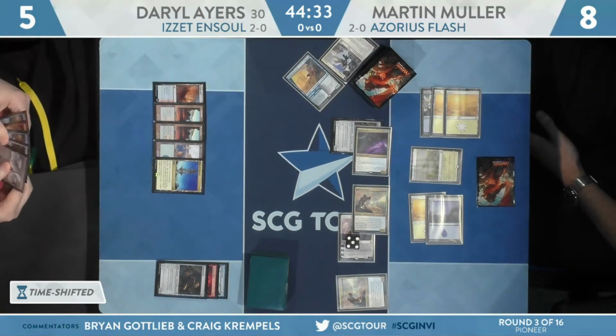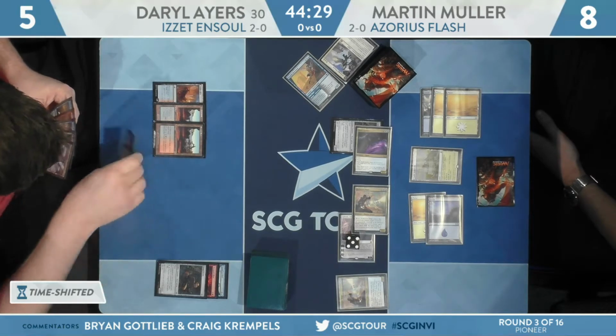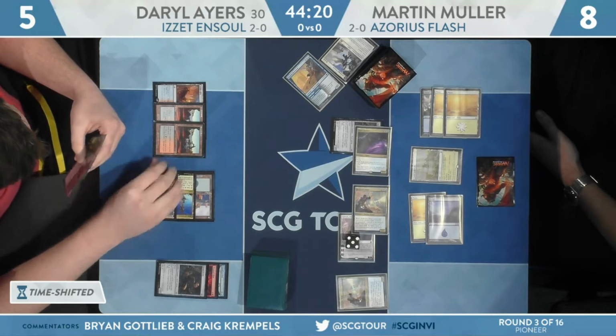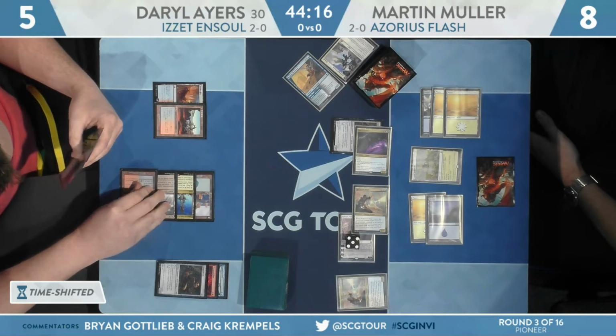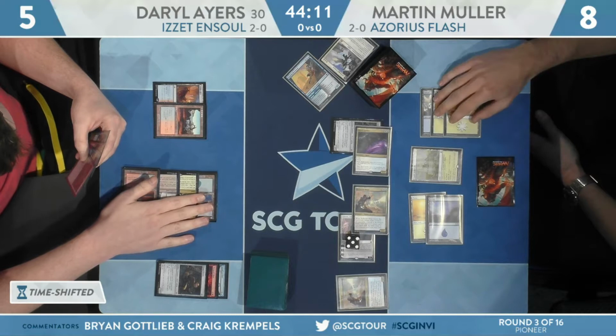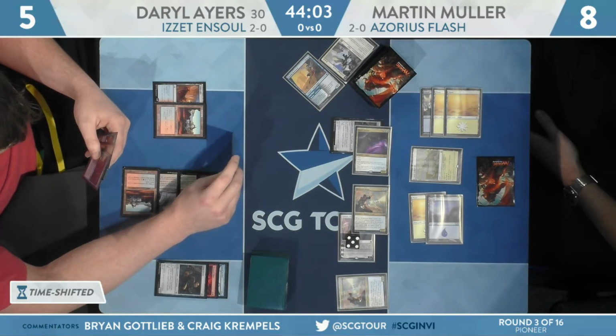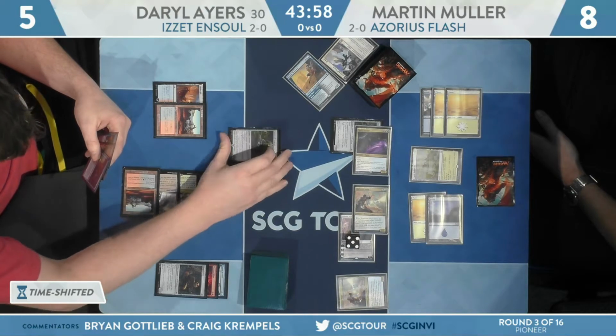And again, I was a little surprised Daryl left the Gideon on the board. I don't know. I mean, something like Shrapnel Blast in hand would certainly make that make sense. Just trying to force through a little bit more damage and end the game. Sure, yeah. I guess if you're on a line where you're saying...